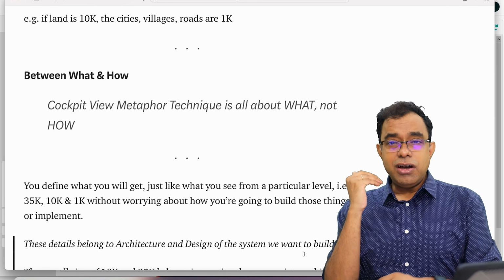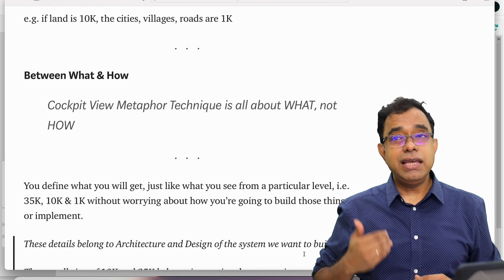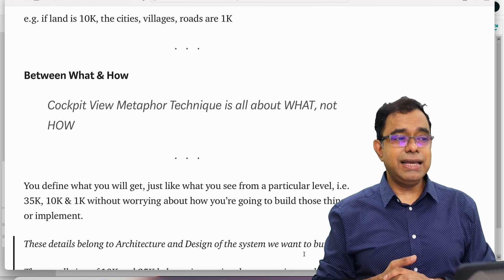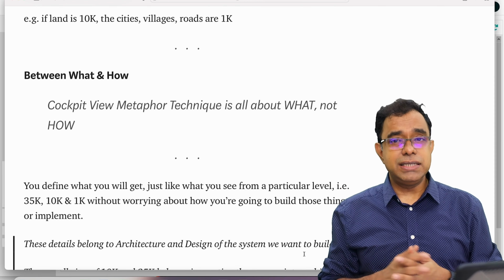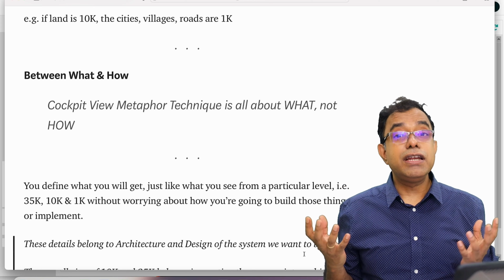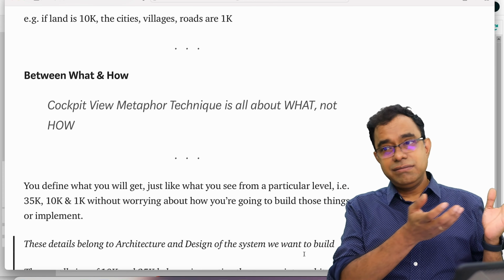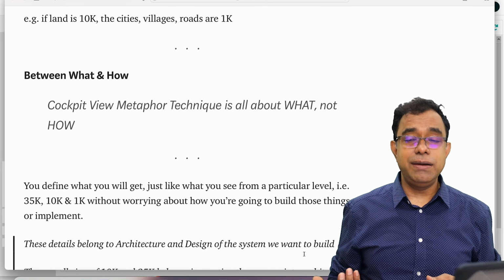So I always felt that many people, when they are doing their software development work in day-to-day life, are not aware of the big picture, and they are not aware of what will be the final outcome of whatever they are doing.